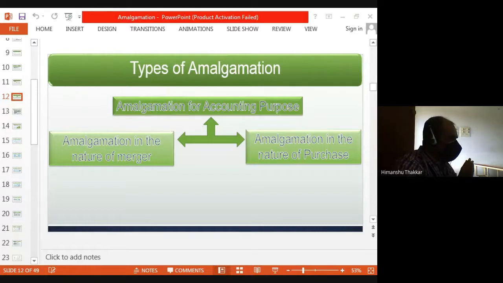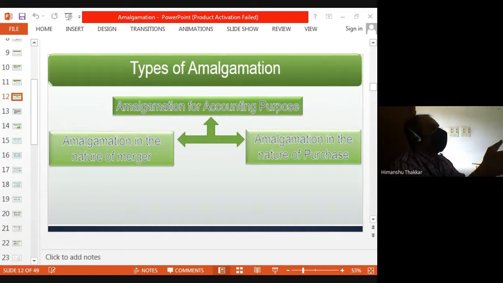I'll be explaining very slowly by taking pauses so that you understand each and everything that I'm going to speak. And as you know, I speak only in English so that you understand the concepts in English and you can apply the concepts in English. Okay. So now the question arises, what is the difference between amalgamation in the nature of merger and amalgamation in the nature of purchase? Now, before I explain this,